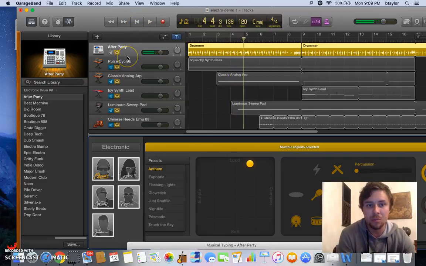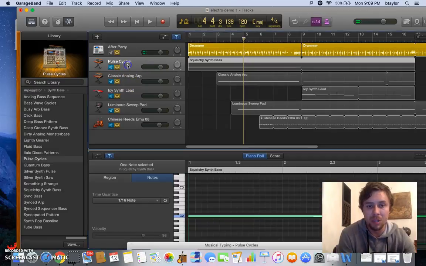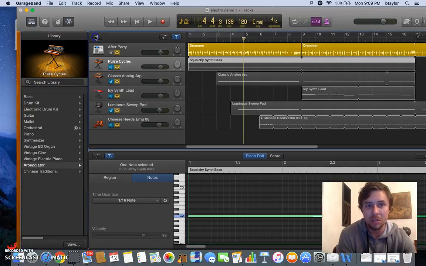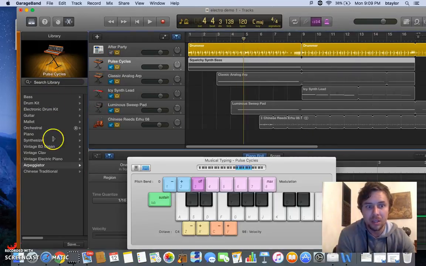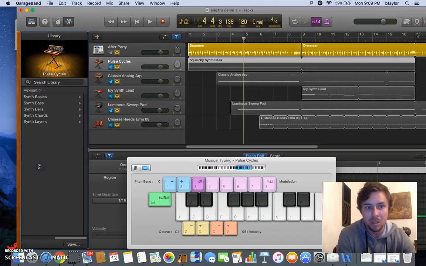Great. So once I got my beat happening, one of the first important things we're going to do to create a successful electronic beat is use what's called an arpeggiator. So to do that, you would add an instrument in the normal way, you'd add a software instrument, and then if you look down the options here, you'll see arpeggiator is one of them. Okay, so when we go to that, an arpeggiator, just to explain, is basically